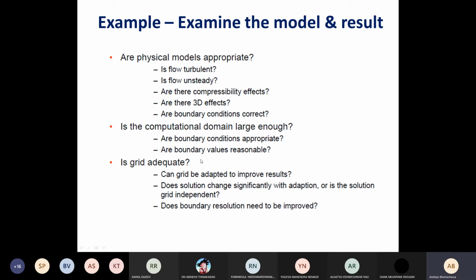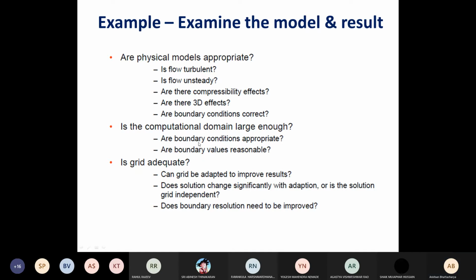Similarly, say you are taking a boundary condition where the values are not fixed. Say you are taking a heat flux condition, or the pressure condition at the boundary. Then you will obtain temperature or velocity at the boundary as part of the solution. We need to examine whether this boundary temperature or boundary velocities are correct or not. Say I get a negative temperature at the boundary, which is meaningless. Or the temperature is not matching with the outside temperature. There is a drastic jump. Then in those cases, we can consider that something unreasonable has happened.